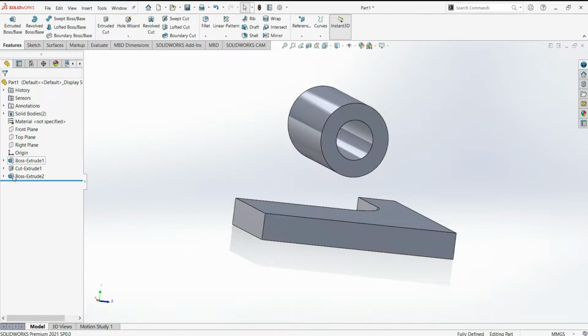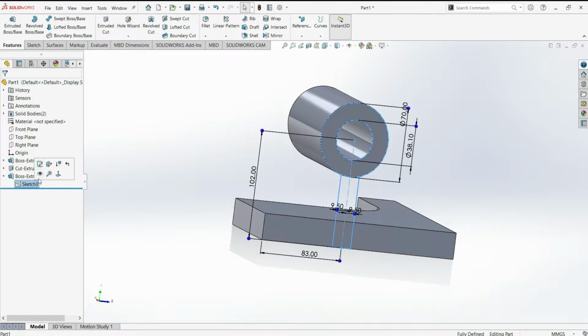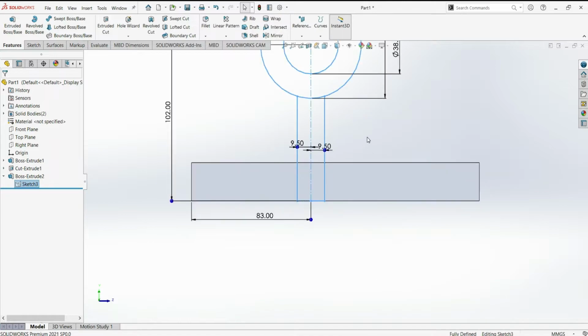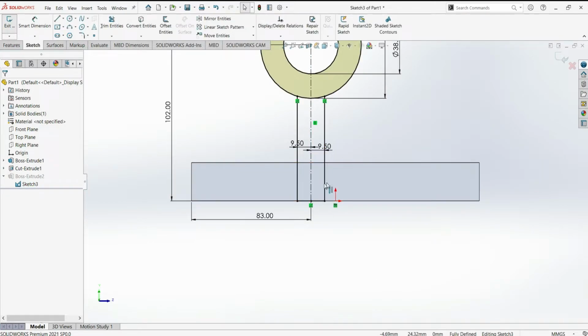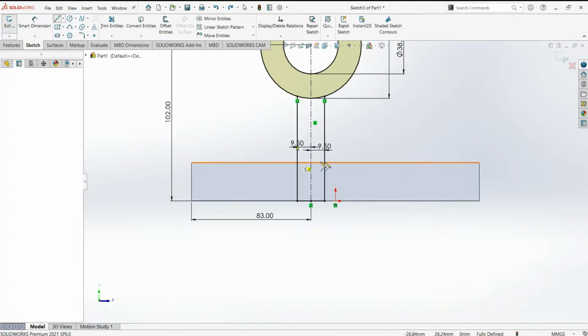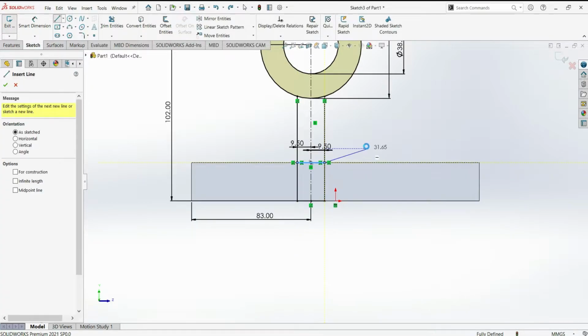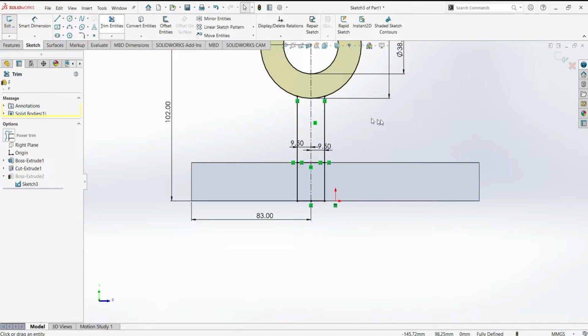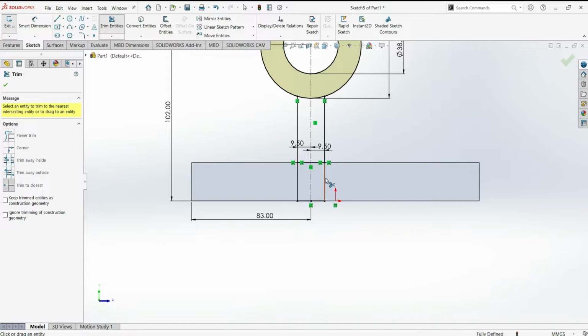Now I will choose this sketch. Let's edit it. We don't want this much of portion, so let's select one line and draw one line like this. Escape, select trim entities and trim this line and this line.